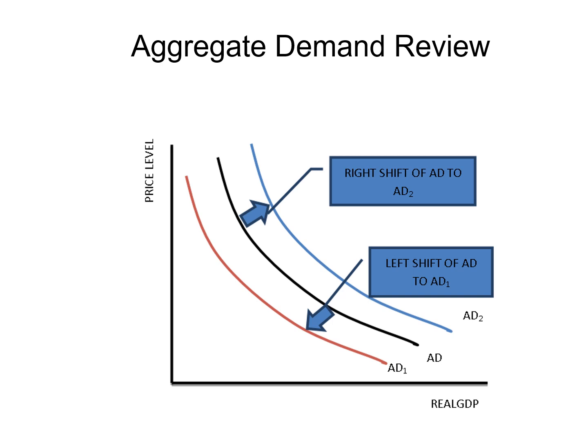3 factors: the real balances effect, the interest rate effect, the foreign purchases effect. What factors would shift the aggregate demand? Well, first, assume we start at AD in the middle. An increase in aggregate demand is a rightward shift from AD to AD2, the black curve towards the blue curve. A decrease in aggregate demand is a shift from AD to AD1, leftward shift from the black curve to the